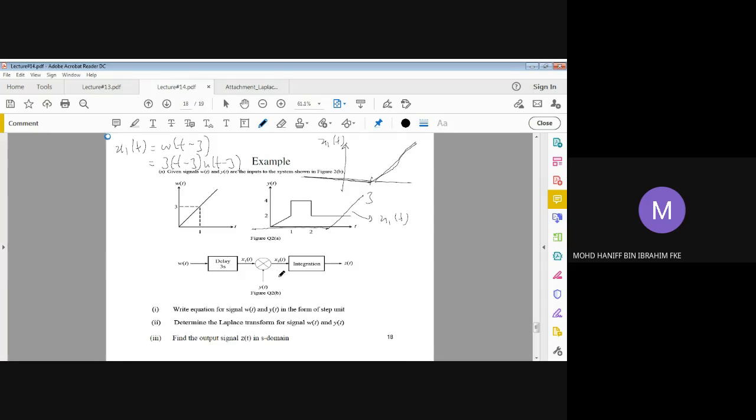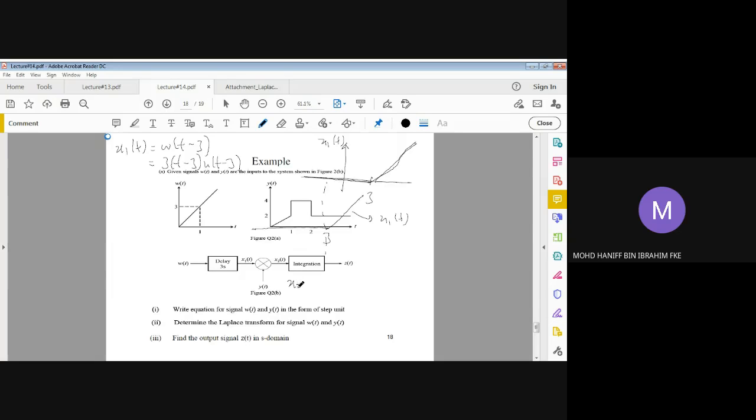Am I right? So when we multiply x1(t) and y(t), the portion that shall remain will be only this part, which is for time t bigger than 3, because everything below 3 shall be equal to 0. So for this particular case, we can write that